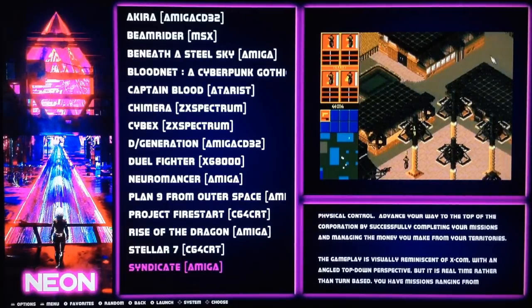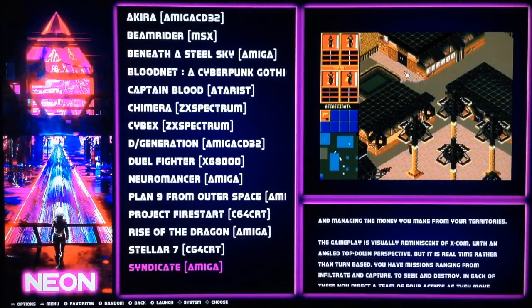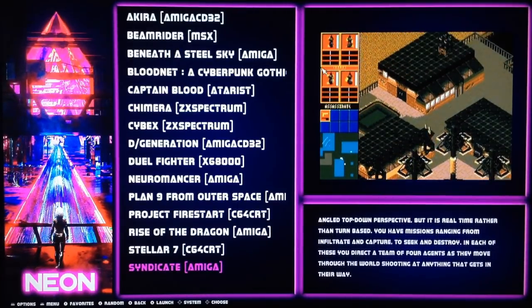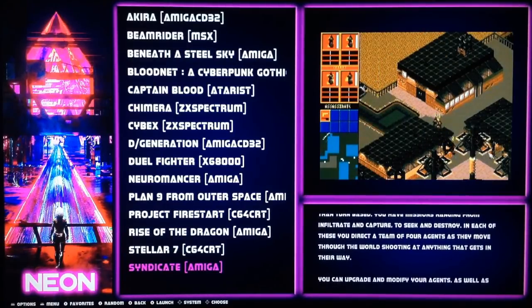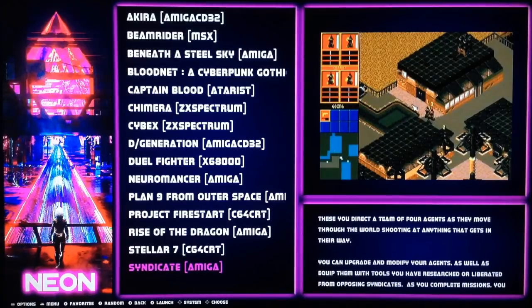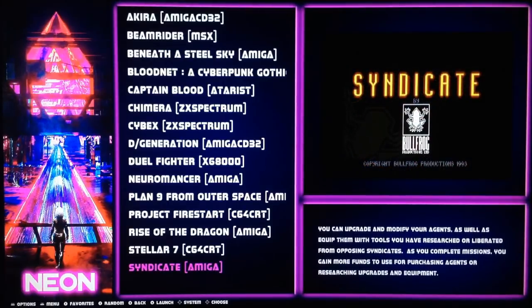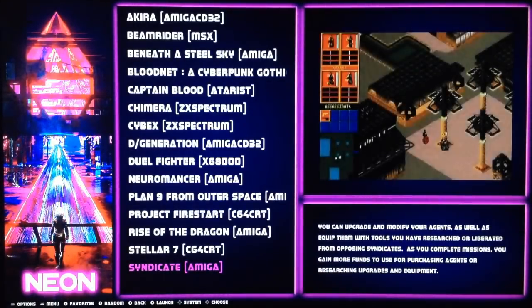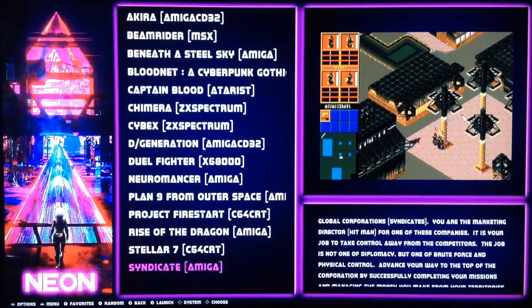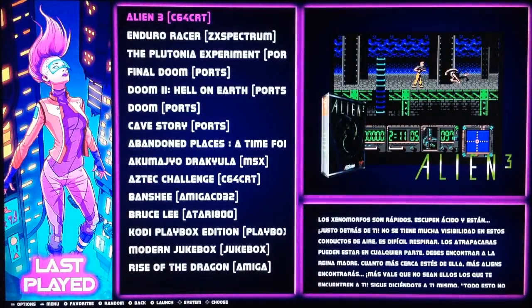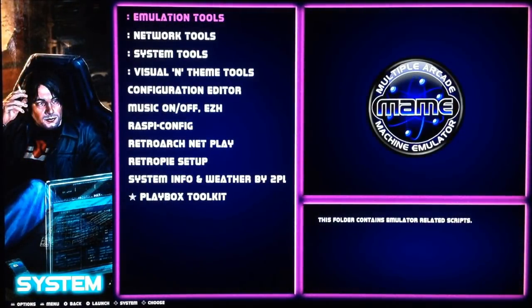You can also add other systems, because this image has only 9 personal computer systems, but you can add games for Super Nintendo, Mega Drive. There's no problem, the theme is compatible with all these systems. If you add ROMs, you can even add arcade ROMs, and the theme will adapt to the new system you add. This is the all games tab, the favorites tab, which is empty, obviously, the Last Played and the system. There you can see all the new options